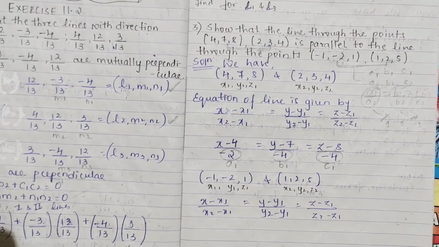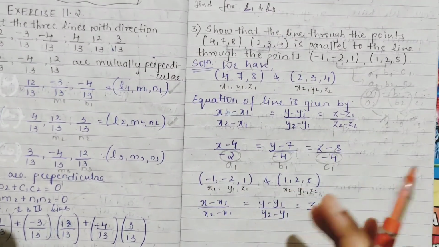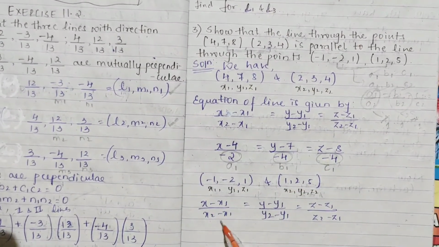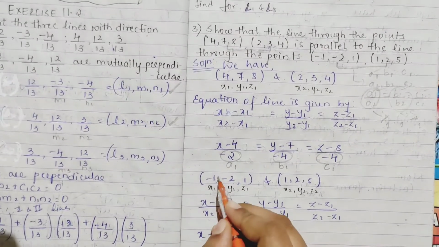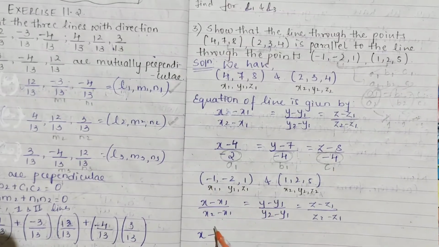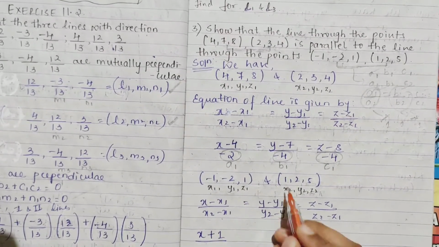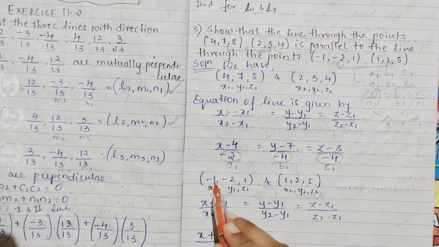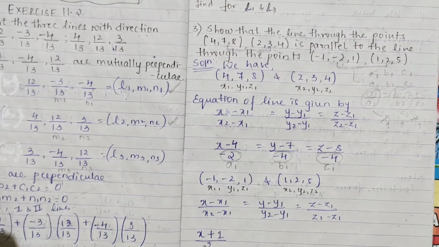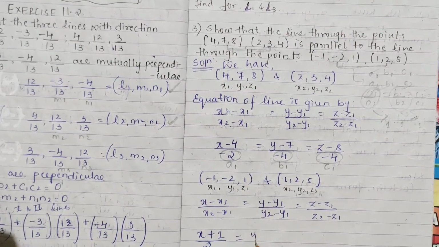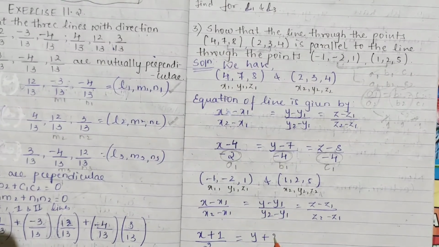Write down the equation of the line through the 2 given points. Consider the Cartesian form, not the vector form, okay? So (x minus x1) by (x2 minus x1). What is your x? x as it is, minus x1, which is minus 1. Here minus is already there, so this becomes plus 1, divided by x2 minus x1. So 1 minus of minus 1, which means 1 plus 1, you get 2. y minus y1 is minus 2 already, so you will get plus 2.